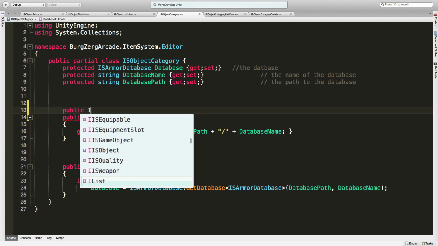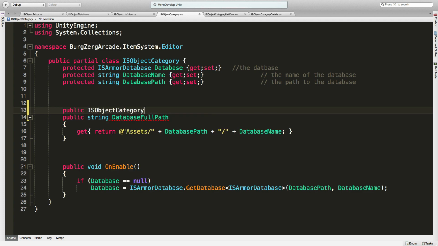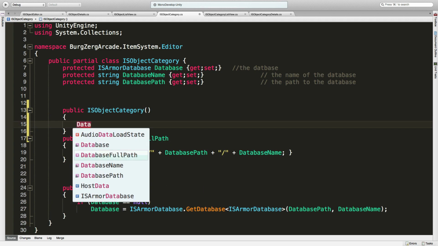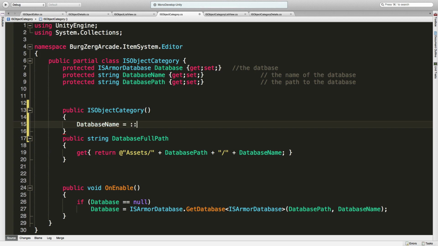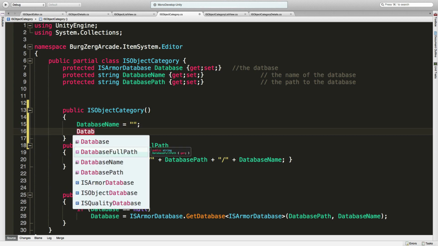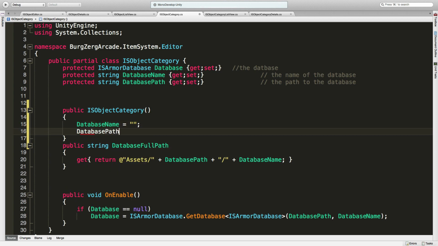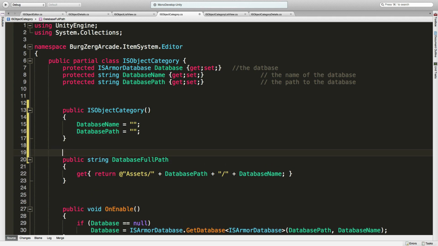So public IS object category. Database name equals, we'll look up in a second here. I'm just going to do some string database. What do we got? Path